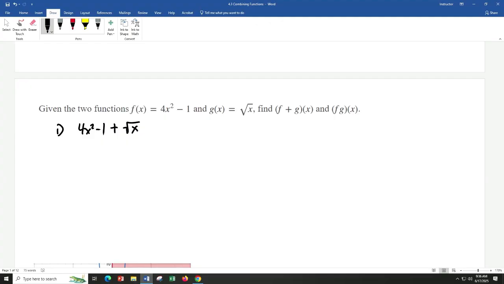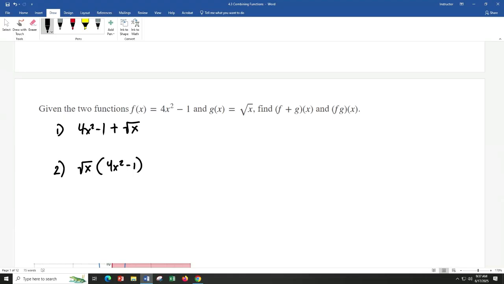Now, where this one gets a little bit weird for you, if you start getting it wrong, is the multiplication. Okay? Well, let's look at this. When I have f of g, I'm going to see the square root of x times 4x squared minus 1. Well, you're going to get a big red bar if you try to put that in. Because now,